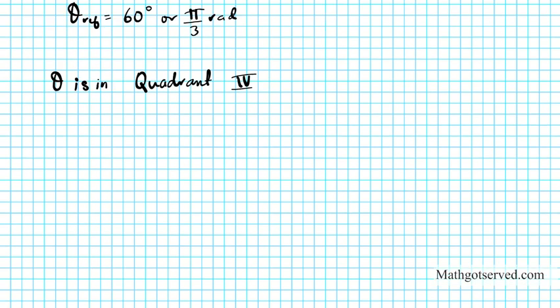Let's move along to question number 2. In question 2, we have the problem. In this case, we have theta equals negative 760 degrees. Okay? So theta is in degrees in this problem also, so we have to express theta in radian form. Okay? So in radian form, we have to multiply negative 760 degrees by its